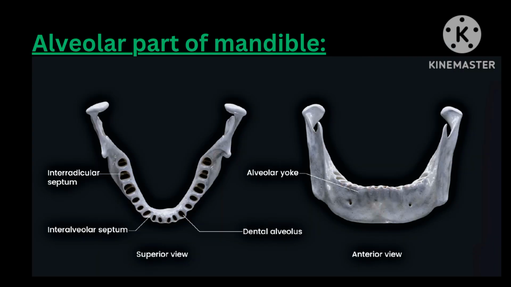Alveolar part of mandible. The alveolar part, or alveolar process, of the mandible is the portion of the mandibular body that surrounds and supports the lower teeth. An alveolar process is a crested process of the upper or lower jaw which houses the teeth. The curved free margin of the alveolar process is called the alveolar arch. The alveolar arch of the mandible, as the alveolar arch of the maxilla, features the following landmarks: dental alveoli, interalveolar septa, interradicular septa,